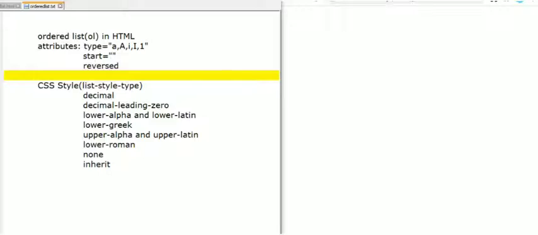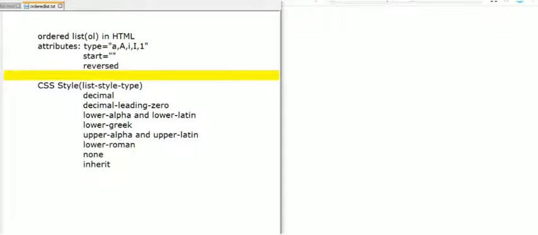Consider I want to start the list from the letter E, which is the fifth letter. Then we have to declare 5 for the start attribute. We will learn this practically, then we will be able to understand the start attribute clearly.